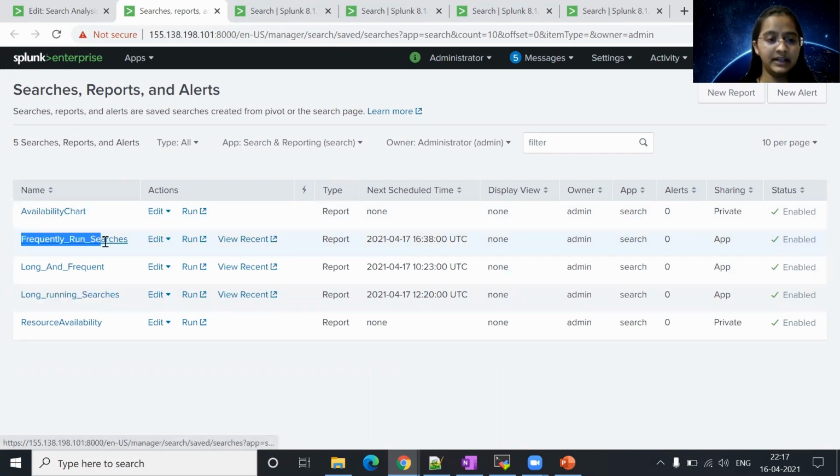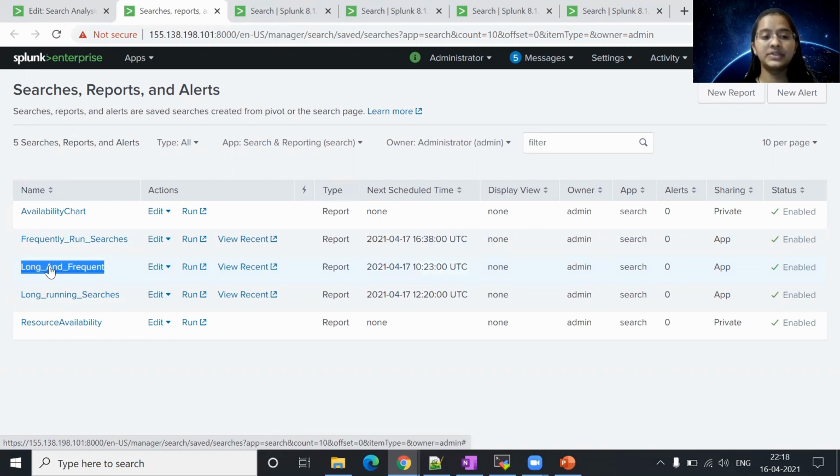Similarly, frequently running searches is the job responsible for fetching the data for frequently running searches from the audit index and putting it into index=summary. But now this is the combination of both of them. For that, I have used an input of index=summary and I'm going to post that result to the level 2 summary indexing.